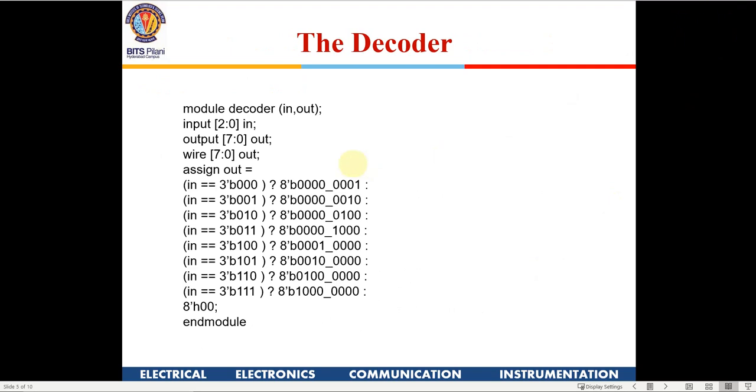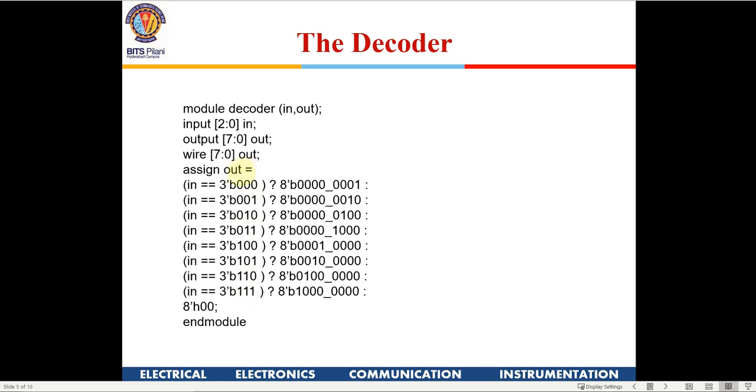Okay, this is the decoder module implemented with an if statement. So if you see, input is [2:0], that means we have a 3-bit data input, that is ABC, which is the control lines, and output is an 8-bit data [7:0]. So you are taking the first bit in. Okay, you are writing assign out, and then you are giving all the conditions out here.